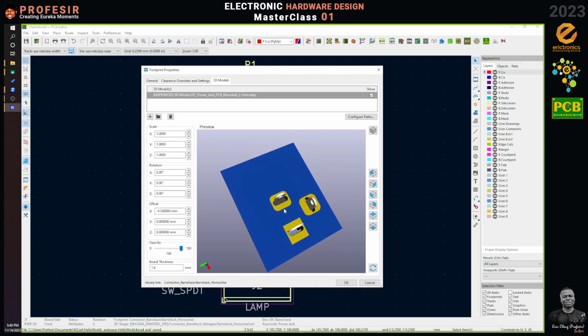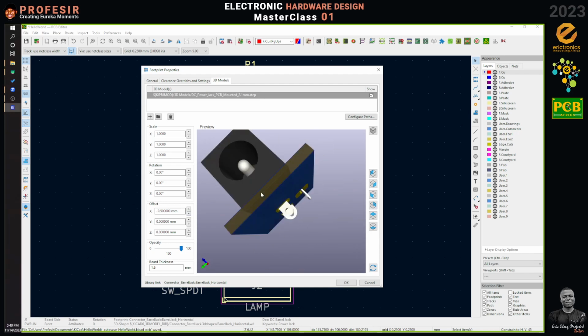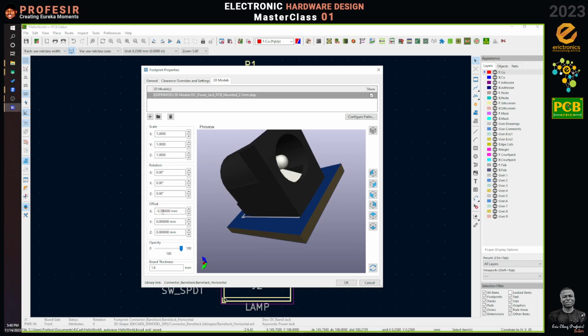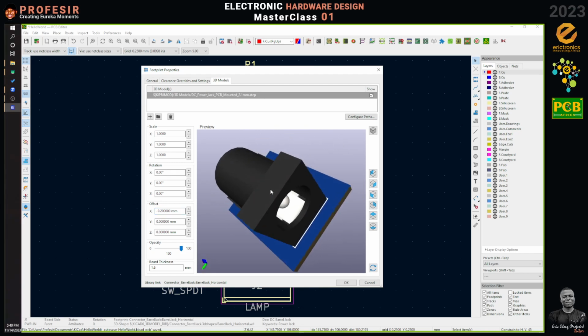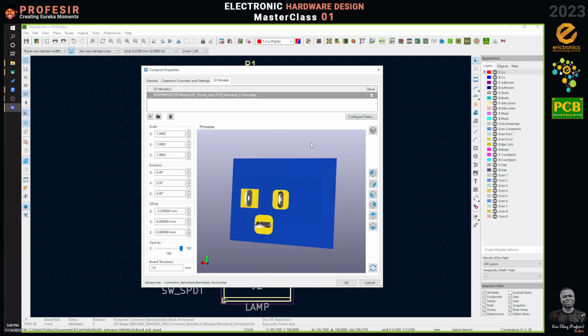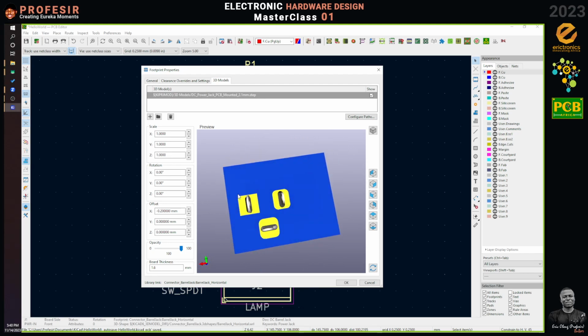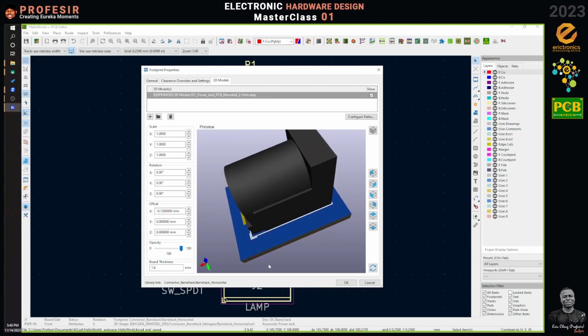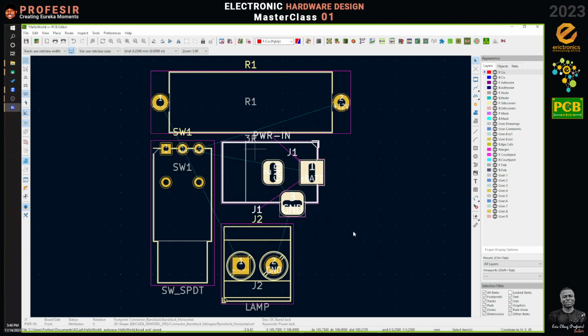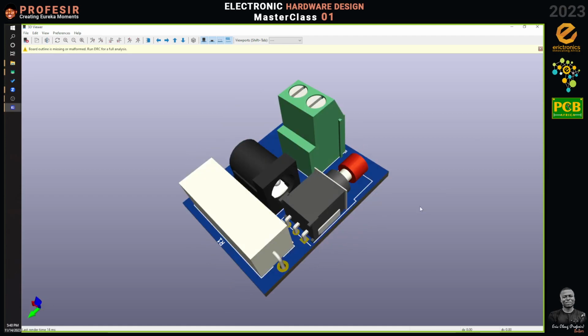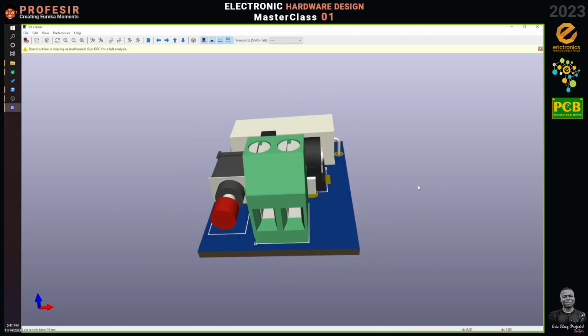You can see that the pins are off, so instead of using the linear increment, we can rather put in a value. So let's say 0.2, and I think right now it is a little bit not matching the hole, but I mean that is definitely what we need. So let us try maybe 1.5. All right, so I think this is good. Okay, so once we are done, we hit OK, and now if we go to our 3D view, you see that all the components have been